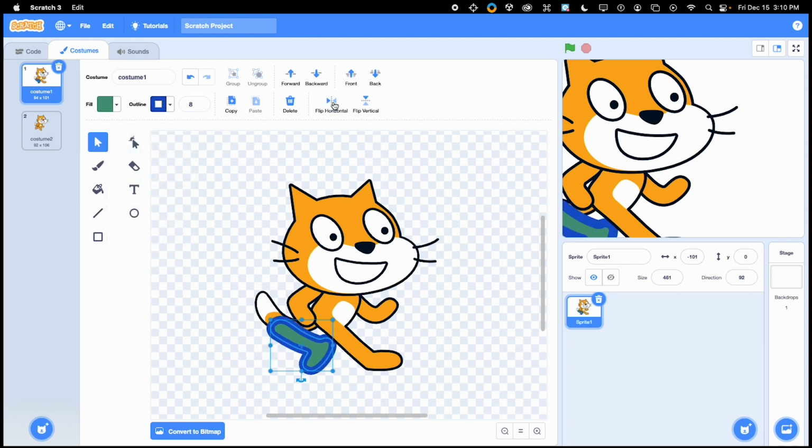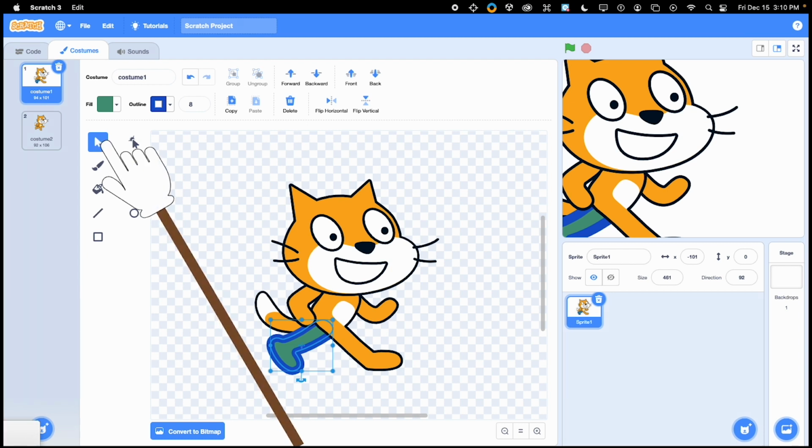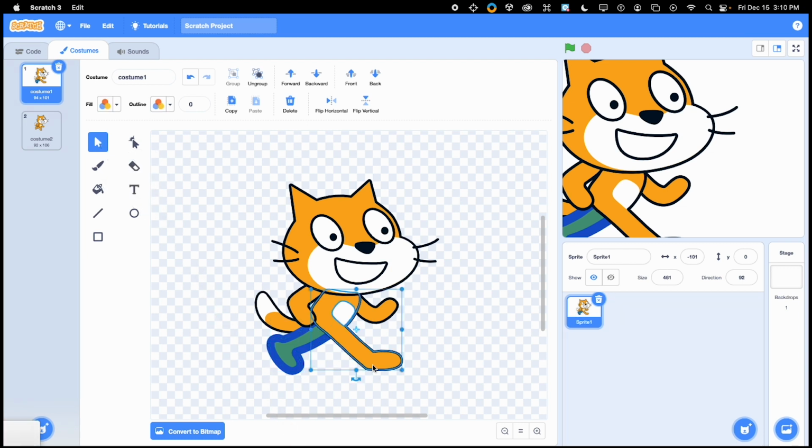If I need to flip it horizontally, I can do that, as well as flip vertically. And then there are other tools here. This is the selection tool that allows me to select different objects. If I have that, I can just select various objects. Next, I can